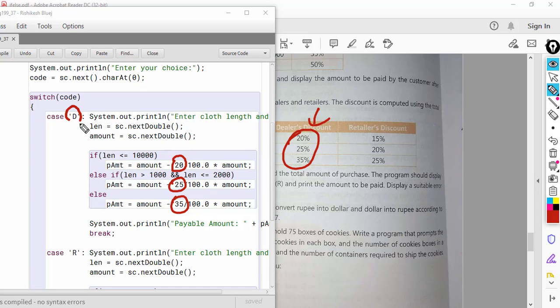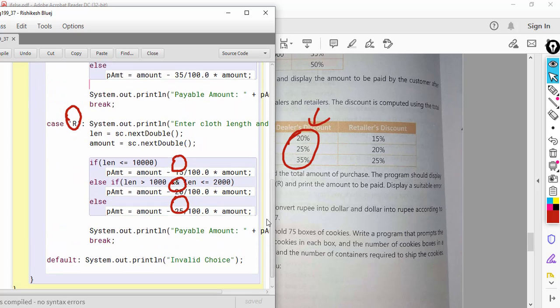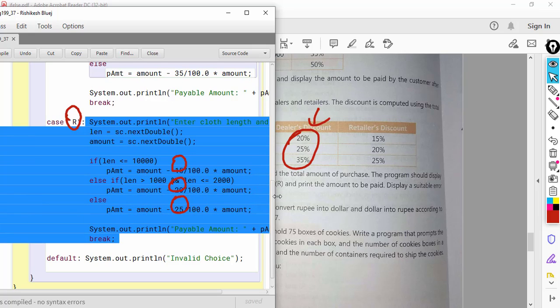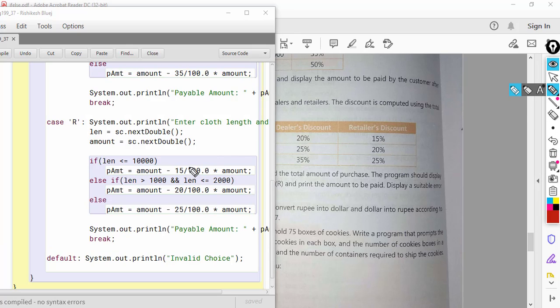And this I applied on case D. Now for case R, that is retailer, the entire code is same. The only thing that is different is this one, 15, 20 and 25, which is the retailer's discount. Okay, so I hope you have understood this program.